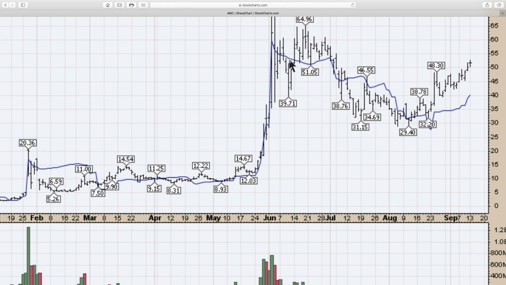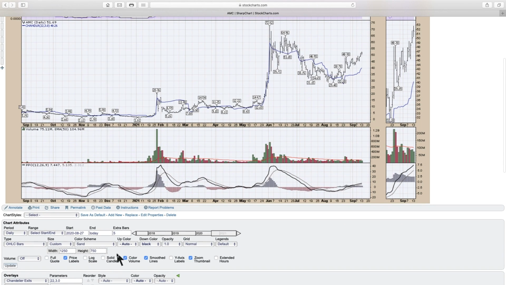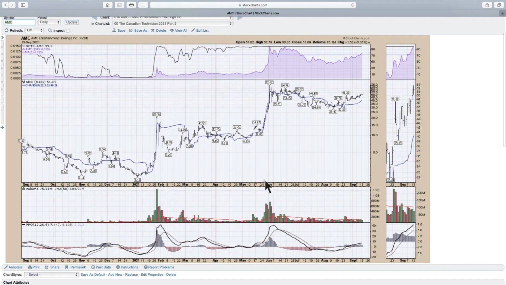And then the stock finally breaks down through it, so you're selling. And then all of this time, you don't want to own it. Now, this chart was very jerky. And again, I've got the arithmetic scale set. And if I go to log scale, that's going to change everything. It's going to look a little more normal. But this stock had two parabolic moves up. And now it's above your